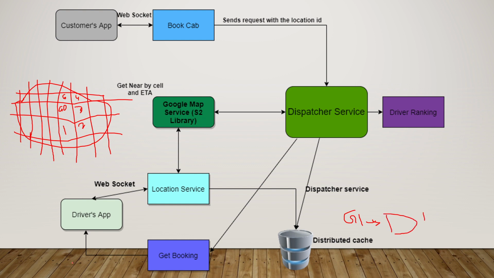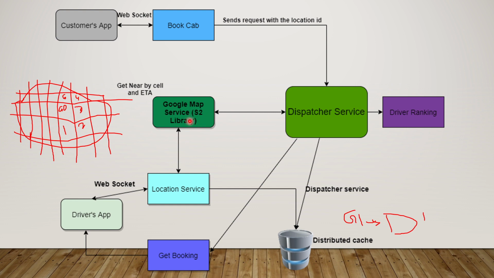So what the dispatcher service will do is take this list of grids like G1, G2, G3, G4, G5, G6, G7, and send it to the distributed cache. It will query the distributed cache for which drivers are present in these particular grids. So it will get that value from the distributed cache, and then it will again query the map service.